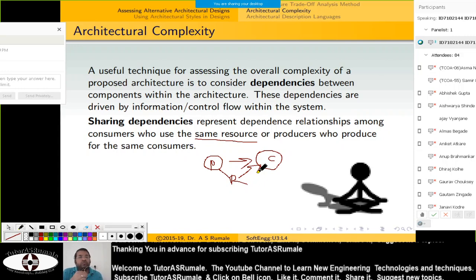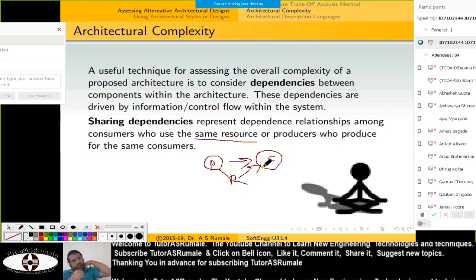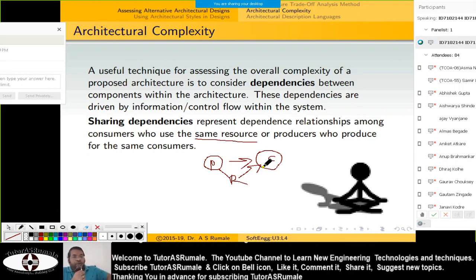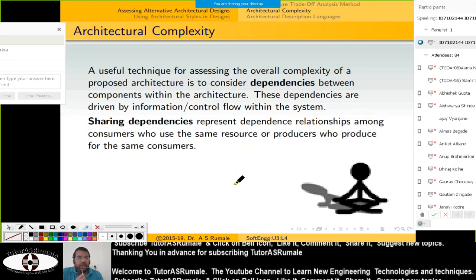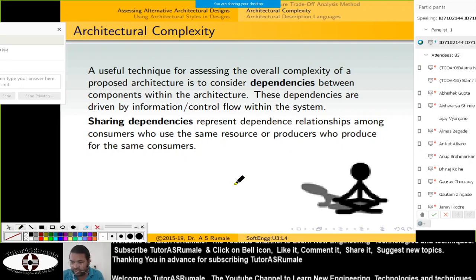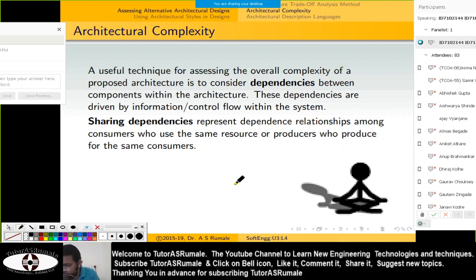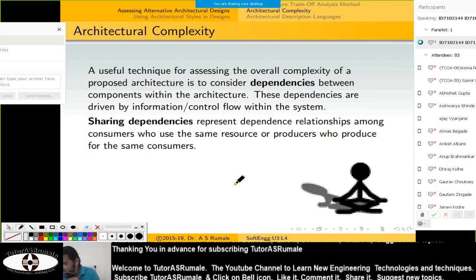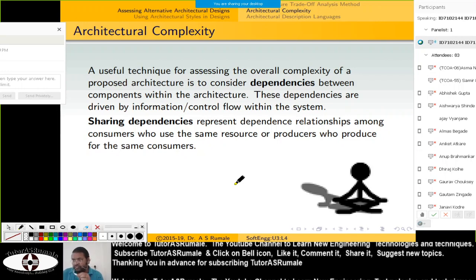So this is what we can say. We are having this producer-consumer model, because if sharing dependencies are not handled properly, they can create a scenario for deadlocks. And if a deadlock happens, your system may fail to perform properly, and that can cause damage to the entire system.